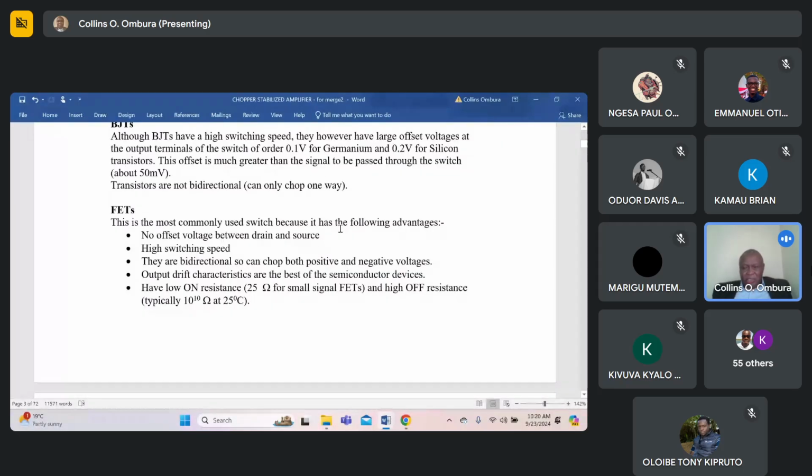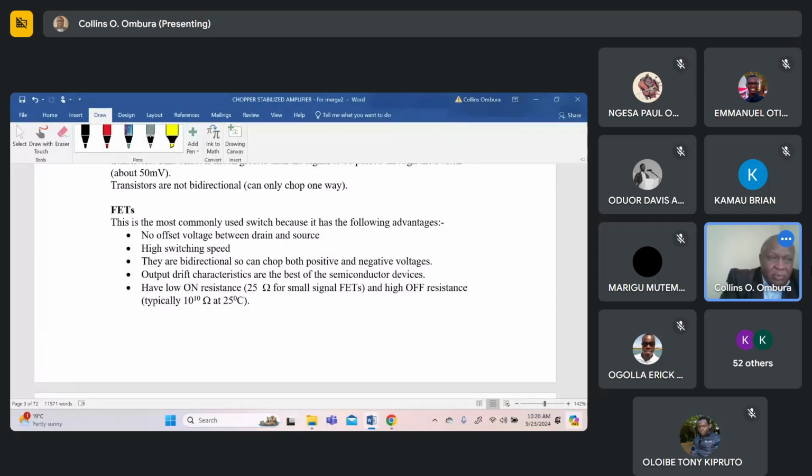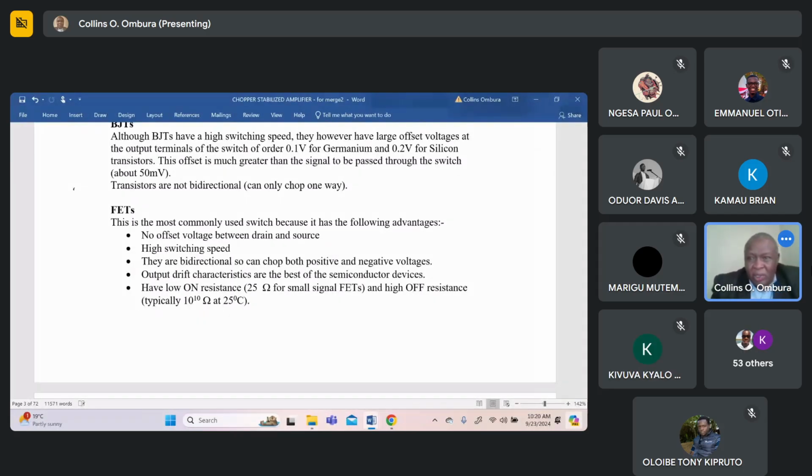So if I were to say, we'll come to it later on. Maybe some of you have forgotten. If you were to draw the characteristics of an FET, the drain voltage versus drain current,